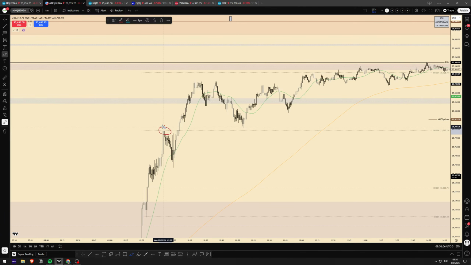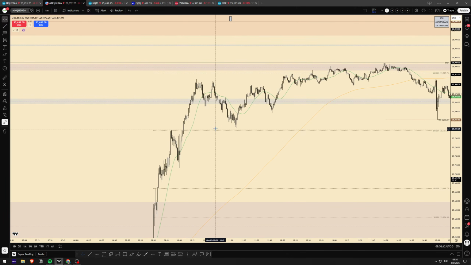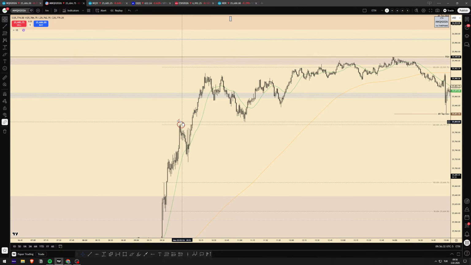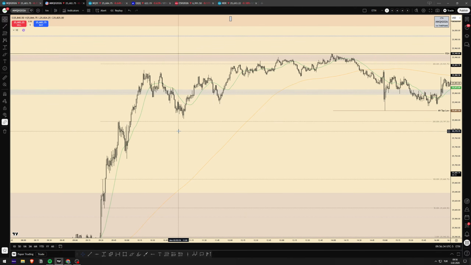I mean, after this was broken, then price gave a nice long setup above here. But taking a long from here is not really great. Okay, that's the only reason I drew this. Otherwise I don't